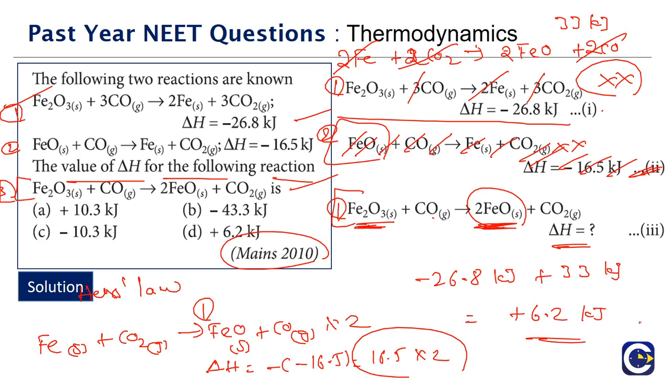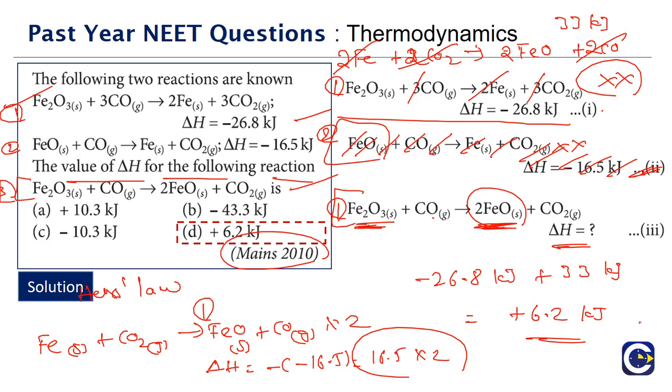6.2 kilojoules. So the approach of Hess's law is important, and here you can see, thankfully our answer is not 10.3, otherwise we would be having that doubt. Here we are straight away getting the answer as option D, which is plus 6.2, but we can see that option A is plus 10.3 and option C is minus 10.3. So in all these thermodynamics problems, we have to be careful about the sign values. In most cases we will have the plus value as well as the minus value with the same number. Okay, so this is about the Hess's law question.